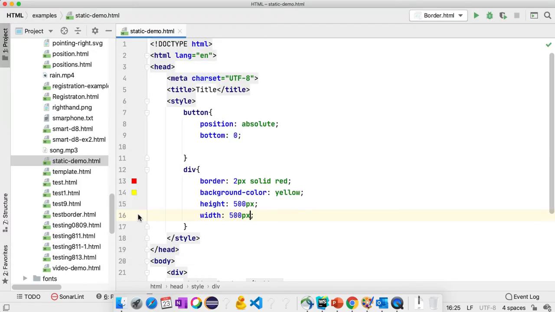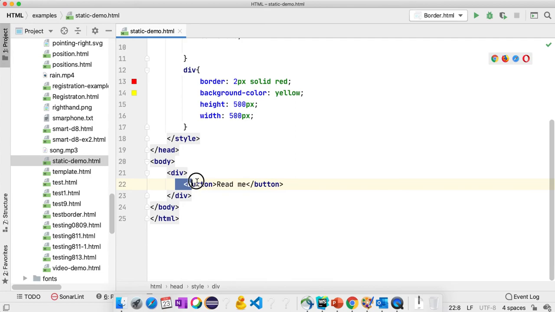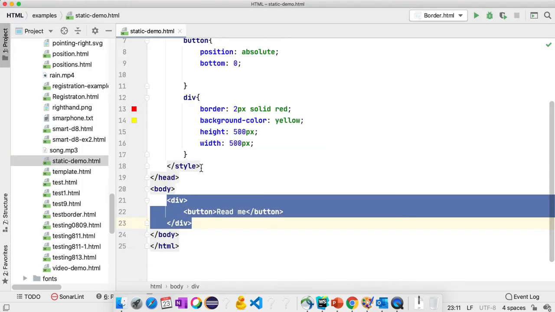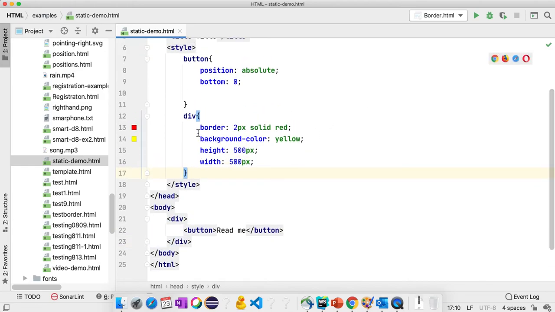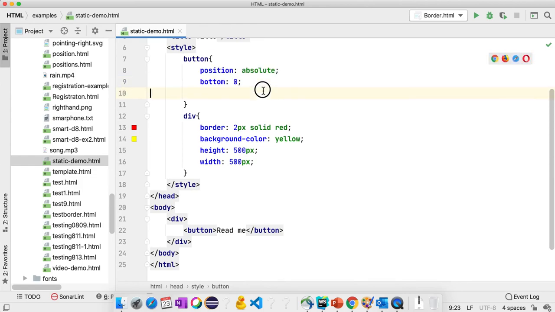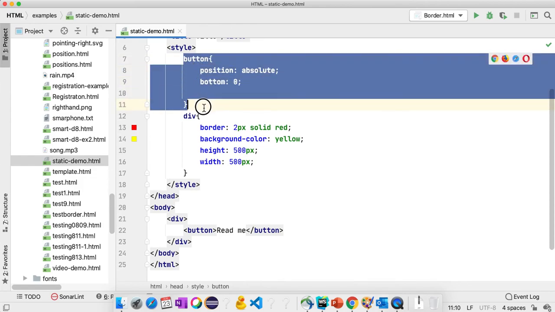Even though the button is inside a div element, it is not displaying inside the div. It is displaying in the body at the bottom position, which means whenever you set the position as absolute, it looks for the parent or the ancestor.